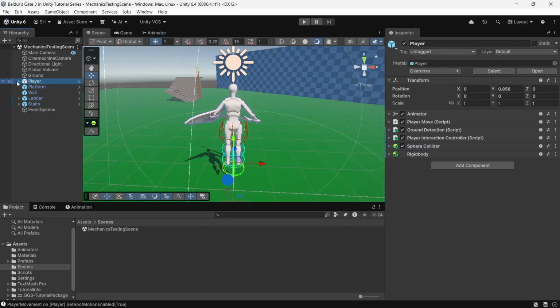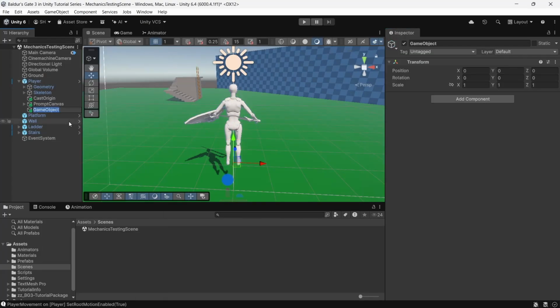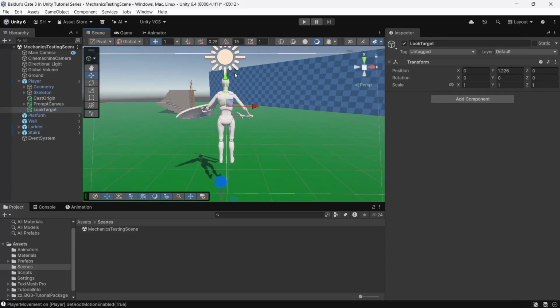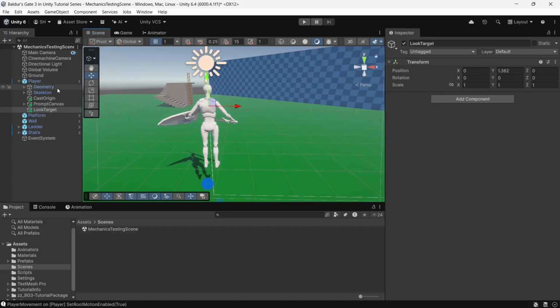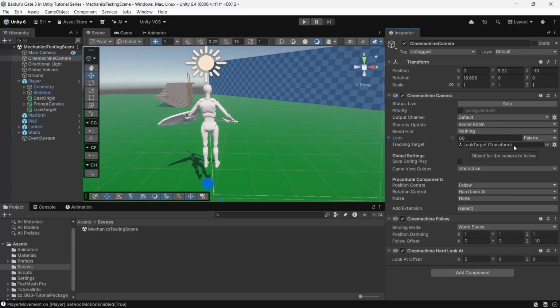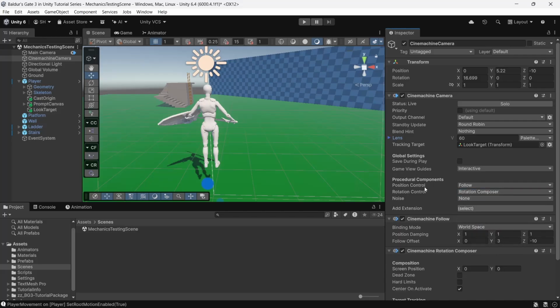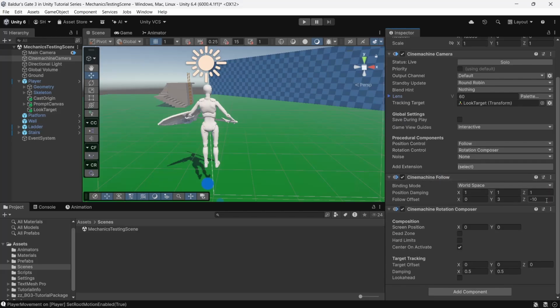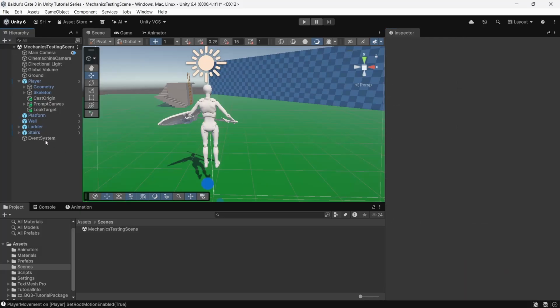As we said at the end of our last video, part of the reason our game doesn't really even look like Baldur's Gate right now is our camera position. So we're going to make this new look target. It's just an empty game object that I'm going to position around the shoulder blades. And we're going to drag that into the tracking target, and we're going to change this hard look at to be a rotation composer. And then I'm going to be a little more precise with our damping, setting all of